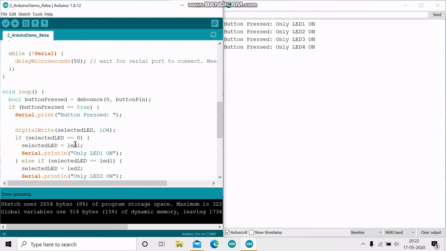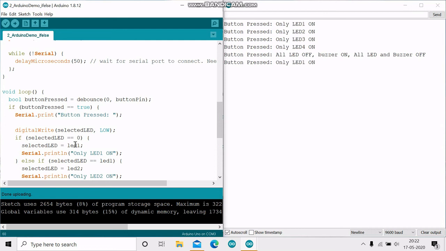LED 3 is turned off, only LED 4 is on. Now the buzzer beeped once, and now all my LEDs are off. The buzzer is also off, as you cannot hear it anymore, and so my system has returned back to the initial state. I can continue doing this again with more button presses, and I will do it one more time.